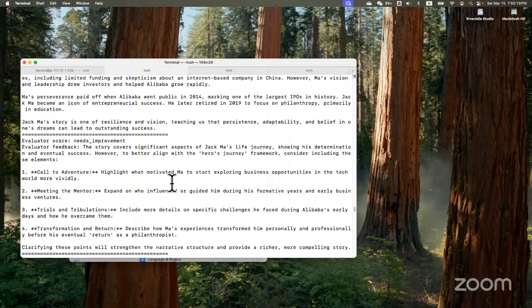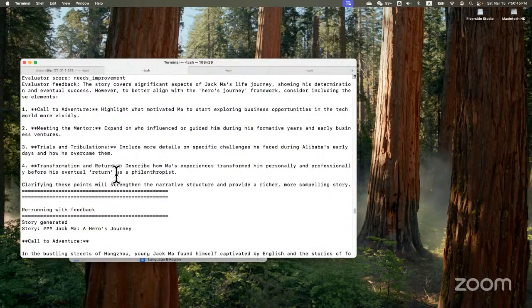So it's kind of like a cycle of ups and downs in our life that many books actually use as a framework. So I told the judge to use The Hero with a Thousand Faces as the framework, but I did not tell the student, so the student did not know ahead of time. So when you see this feedback from the evaluator, which is the judge, you see things like call to adventure, meeting the mentor. These look a little bit strange. It's just because my prompt to the judge is using that framework, right?